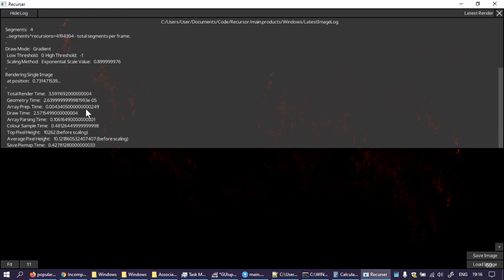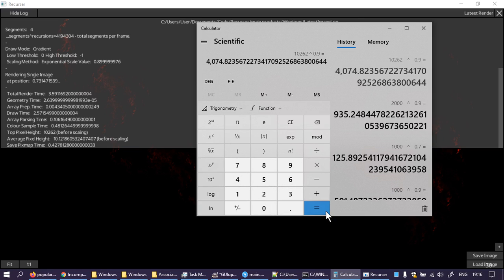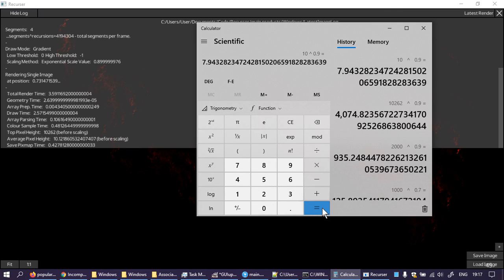Now again, the top pixel and average pixel, see that top pixel of 10,262 to the power 0.9, was it? Down to 4,000. And 10 to the power 0.9 down to 9. So there's a much, much bigger difference in the top. But